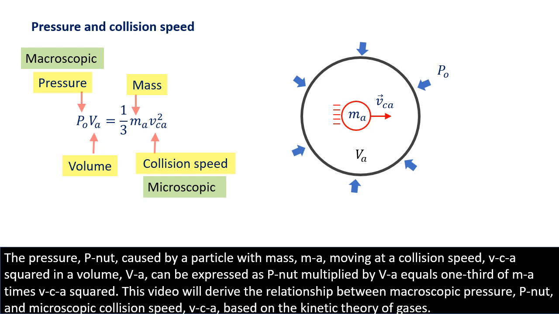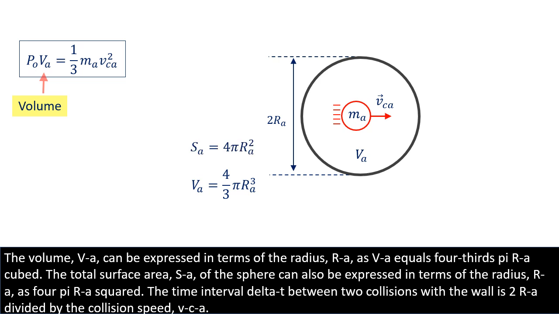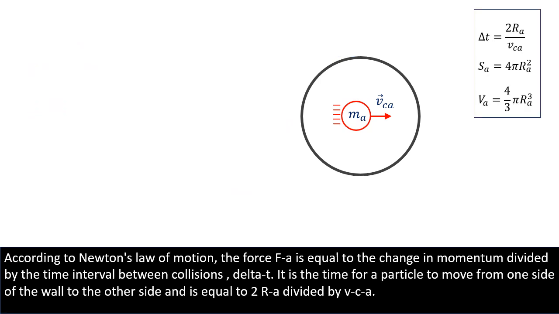of gases. The volume, Va, can be expressed in terms of the radius, Ra, as Va equals 4/3 pi Ra cubed. The total surface area, Sa, of the sphere can also be expressed in terms of the radius, Ra, as 4 pi Ra squared. The time interval delta t between two collisions with the wall is 2 Ra divided by the collision speed, Vca. According to Newton's law of motion, the force, Fa, is equal to the change in momentum